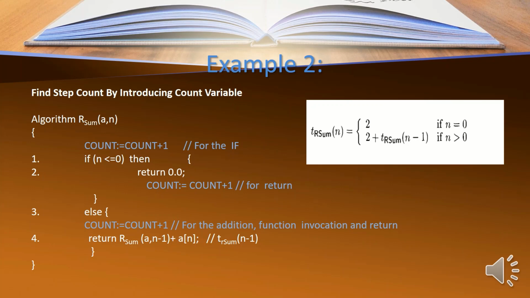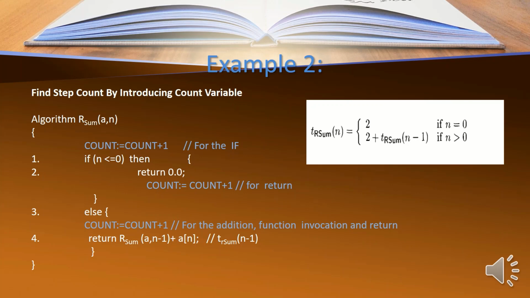Whereas in the else part, if n is greater than 0, count gets executed twice, so 2 plus the function invocation, and the time complexity would be T_RSum of n minus 1.